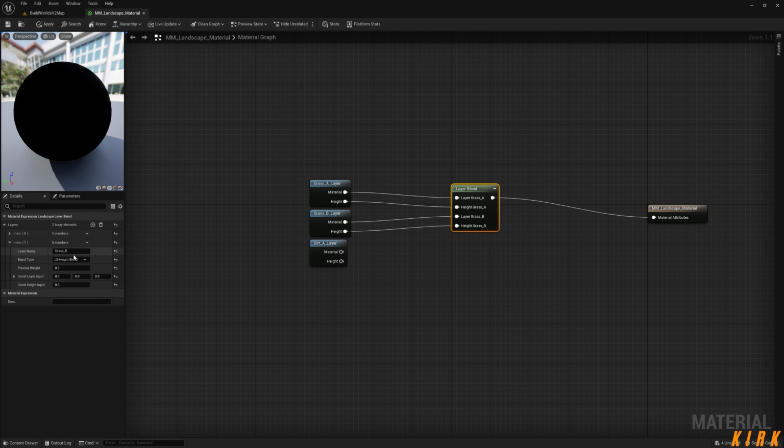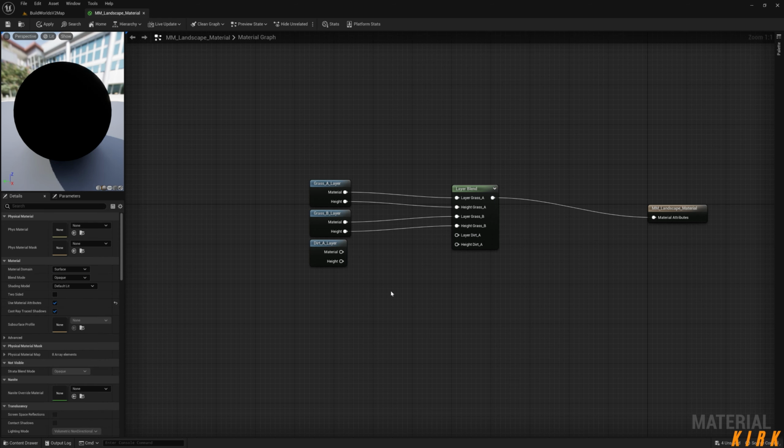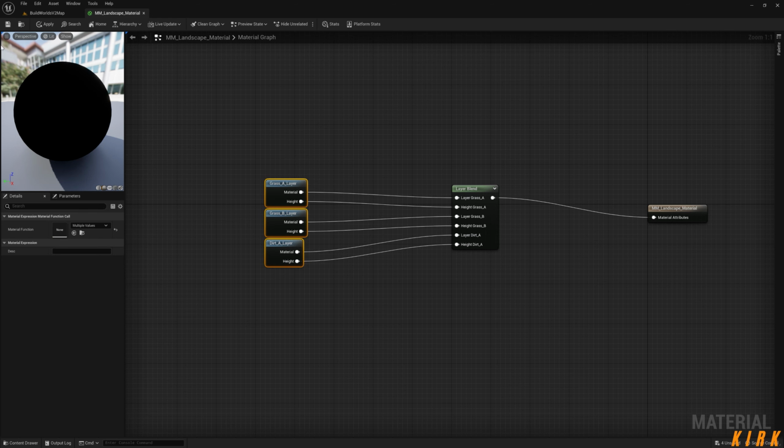Then we can come to our landscape layer blend, add a new layer blend, call this Dirt A. Like the other layers, I'm going to put an underscore in there just to keep everything straight and symmetrical. And just simply drag from the material into Dirt A layer, and Height Dirt A, drag from our height. Like I said before, if you're just using a material layer with just the one output, just put it into the layer output, and these now will be paintable. If I hit apply with our master material, our landscape, hit save, come to the